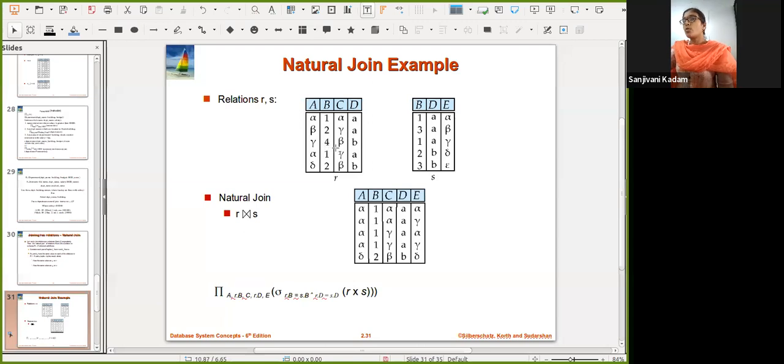Then 4B, 4 is not a part of this. 1A already available. 2B, yes, here 2B is available. So here we can see the values of B and D. Only 1A and 2B qualified the required conditions. Only these possible conditions give me the natural join operation result.